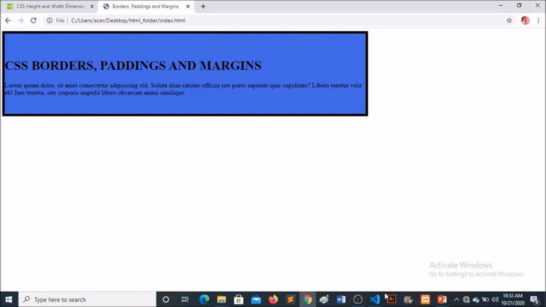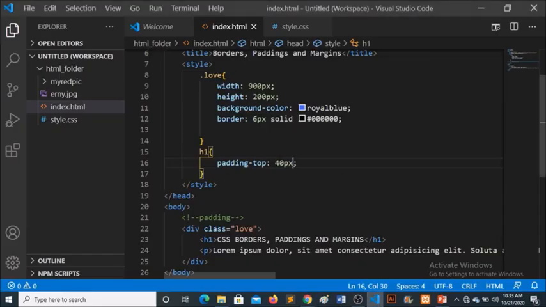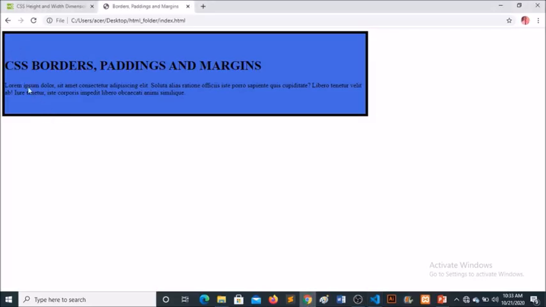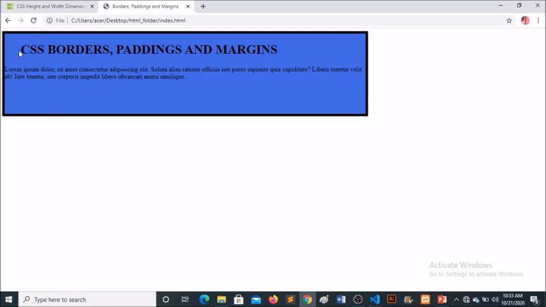So let us try another one. Padding left. Now with padding left, we shift this page. There will be a space from this particular box, inside this particular box, to this edge. Now let me refresh the browser and you see. Voila. You see that there's a space between this and this, because I added the padding left to my H1